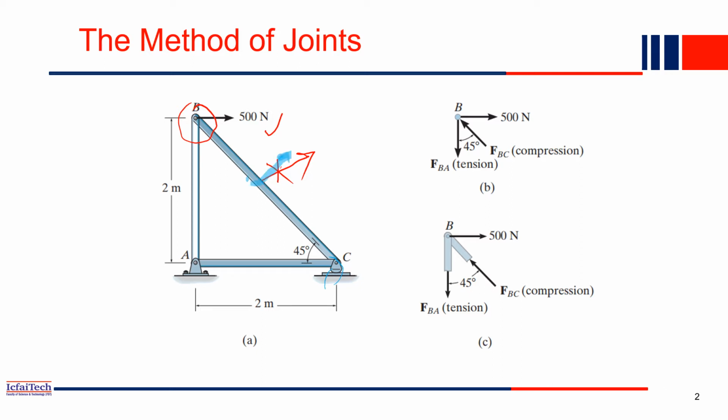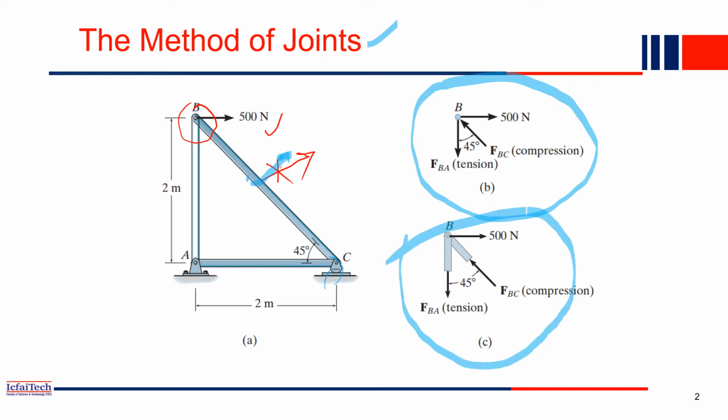Now, for analyzing by the method of joints, what we'll do is take one joint at a time. At the beginning, first we'll take this joint, then we'll find out all the forces, then we'll take the next joint. Like that, the analysis of the truss using the method of joints will progress. So which joint will we take first? The one where you have the maximum known forces.